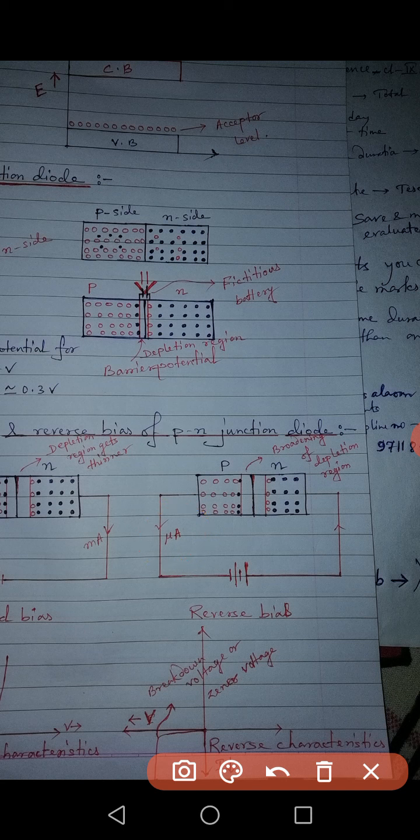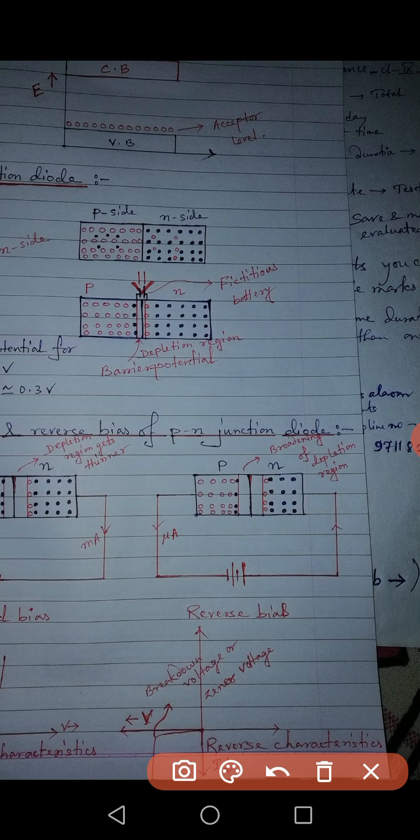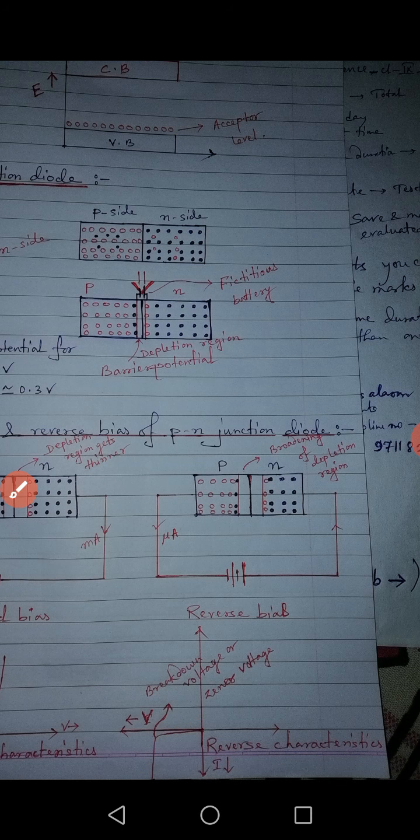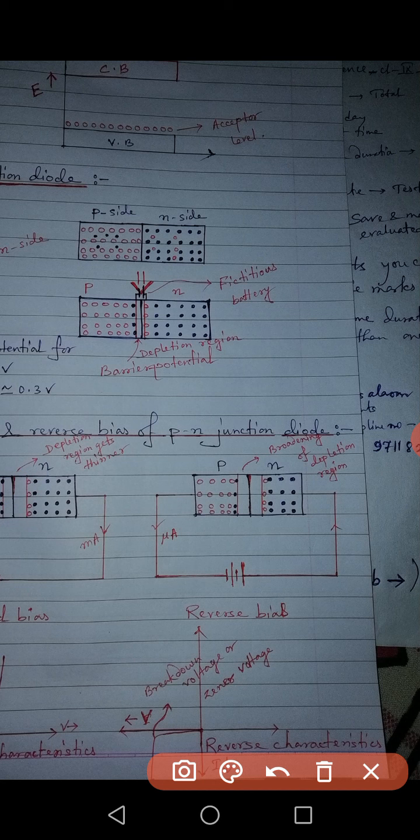And when we draw the reverse characteristics, you see that this graph we are drawing in the negative quadrant, right? This one, negative quadrant. The reason is that it is in reverse bias. Just to show that it is in reverse bias, meaning opposite bias, we are drawing the graph in the negative quadrant. And you can see how the value of the graph is changing. Initially the current increases only to a very small extent, and then after this point, suddenly the current increases in the circuit.